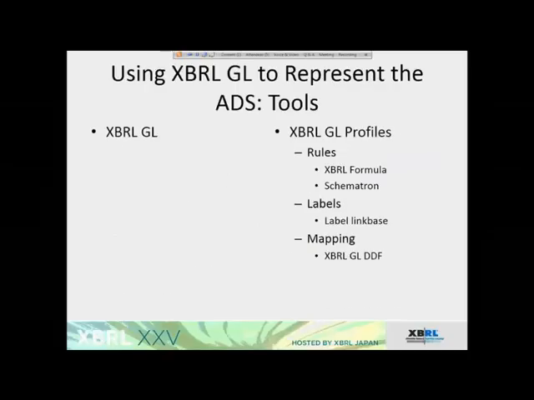Let me move you off to how we hope to show how XBRL GL as the fulfillment has some great benefit. Of course, using XBRL GL as a representation of the data, but those of you who've been with us for some time also know we've been talking about something called XBRL GL profiles, and having 12 proscribed file formats has given us a real good opportunity to begin to test that out and develop some prototypes. So developing some standard rules, which can be instantiated either with XBRL formula, for the initial purpose here I'm using something called schematron instead,